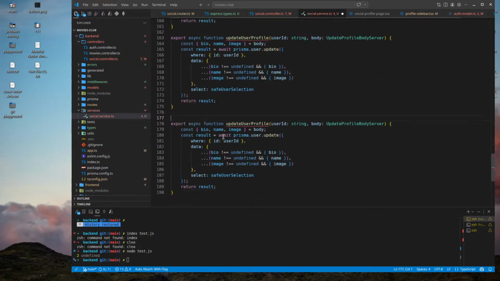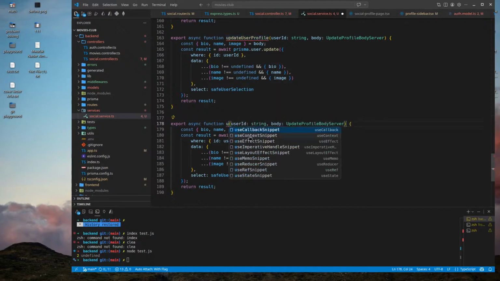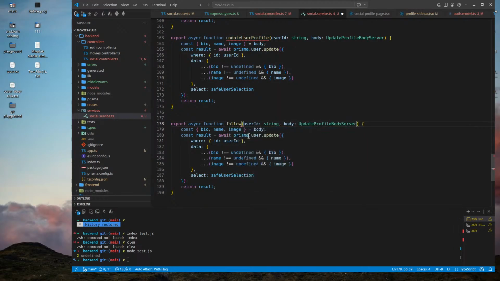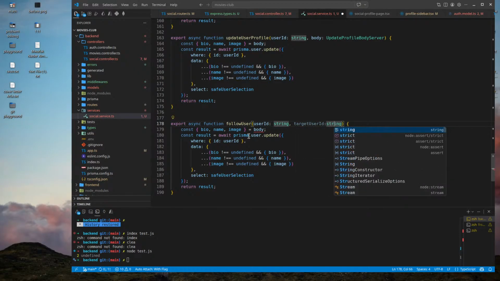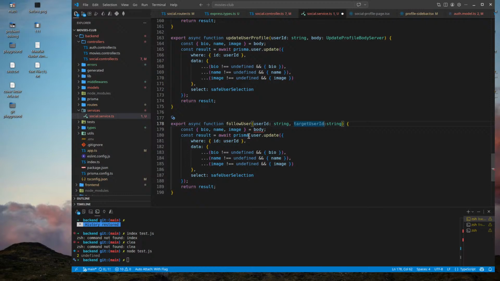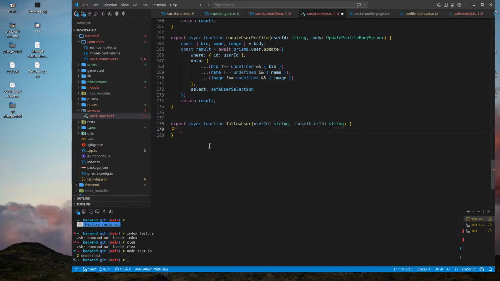Export async function follow user. target user ID هو عبارة عن string. User ID, that's like two words, yeah. Oh my god, okay.